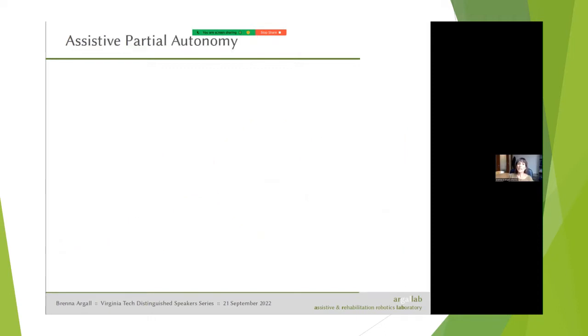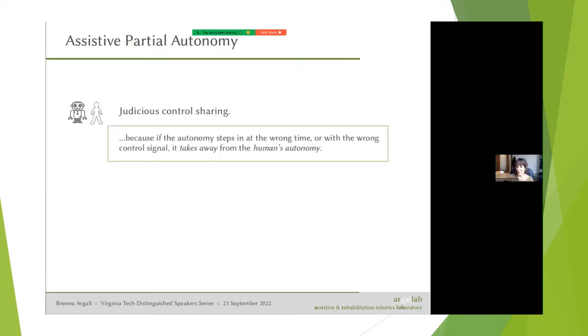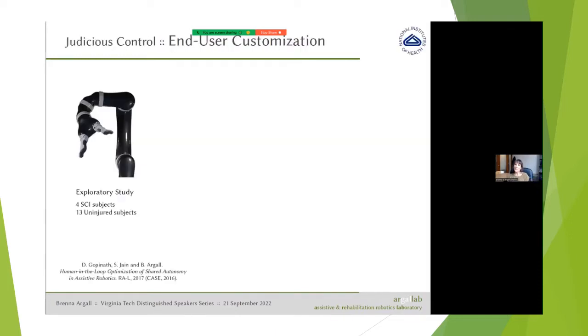So if we're now looking at assistive partial autonomy, what's going to be important? The first is judicious control sharing, so the control sharing that steps in at the right time and steps in with the right signal. And this is just on the prior slide as well. We'll just reiterate that. Okay, so the first study that I wanted to present to you was something we did